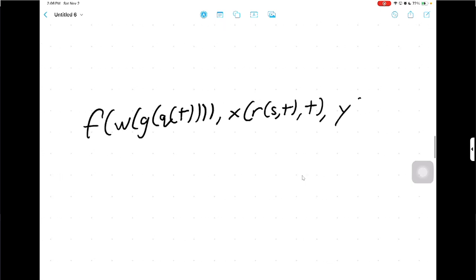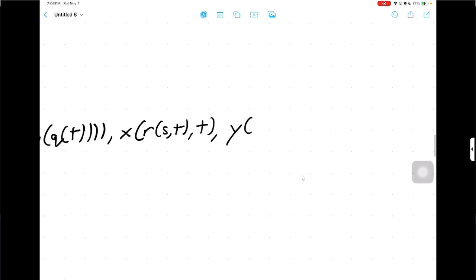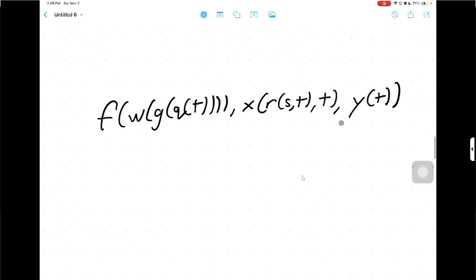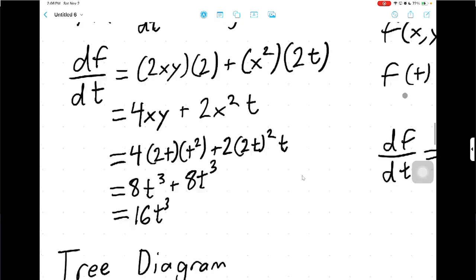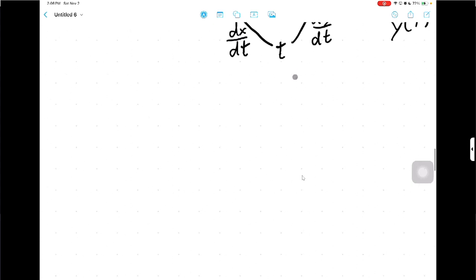Something like this, then yeah, such a diagram would be really helpful for actually parsing this whole thing down into the chain rule, which is what we have over here. So yeah, be able to use the chain rule to find the derivative of composition functions of multiple variables. So this is just a chain rule